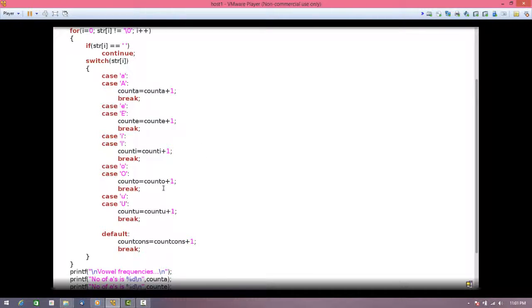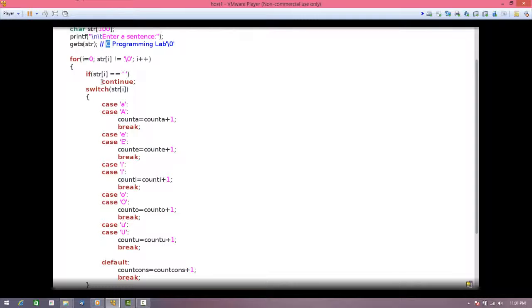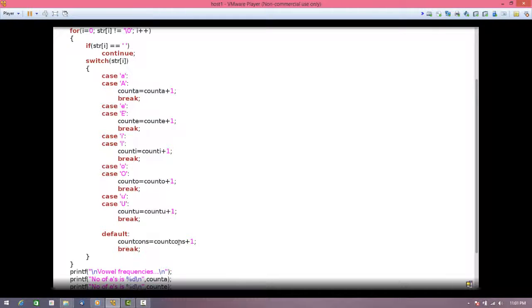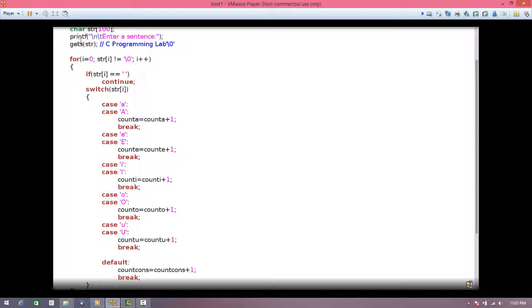Fine. So obviously it will go to the default case, wherein the consonants count is incremented by 1. That's true. C is not a vowel, it is a consonant, so it will be incremented by 1. After this, the switch statement breaks, and you continue with what? This break refers to the break in the switch. Then after that, you have this bracket which refers to the for loop, which will continue